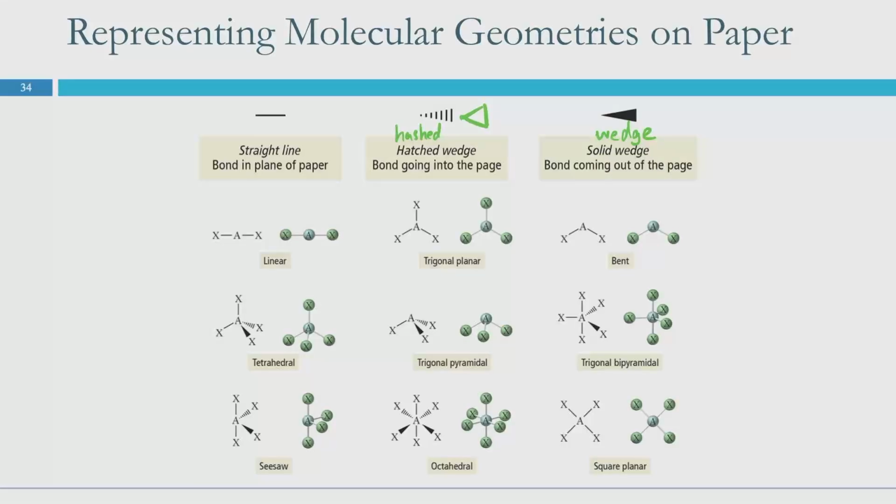The way that I remember these is that these are the hashed lines and these are the wedge lines, and wedges remind me of things that are wedge-shaped, like potato wedges or pizza, both of which are very yummy and tasty, and I would like to eat them. Those are things that we want to put into our mouths, whether it's good for us or not. And then hashed lines, keep that away from us. Hash being a... hash brown. No, not hash browns. Hash being like there's a drug that's hash. Anyway,